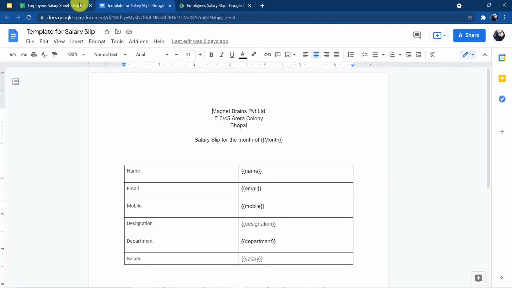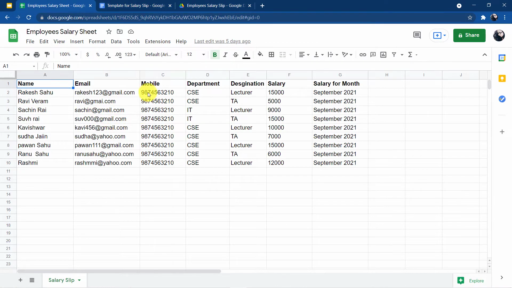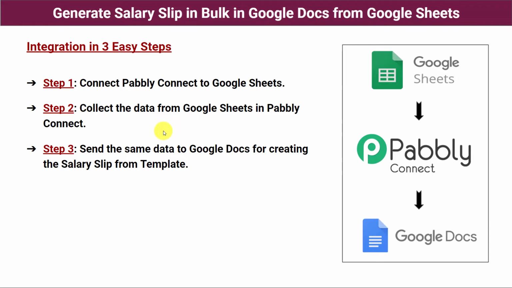Let me tell you that I followed 3 very simple steps and created this amazing workflow. Let me show you those steps so you can also follow the same and create this workflow. These are the steps which I followed to create the automation between Google Sheets and Google Docs. The first step is to connect Pabbly Connect to Google Sheets. In the workflow, first we have to log in to Pabbly Connect so that we can start working. When we log in, we will need to connect our Google Sheets